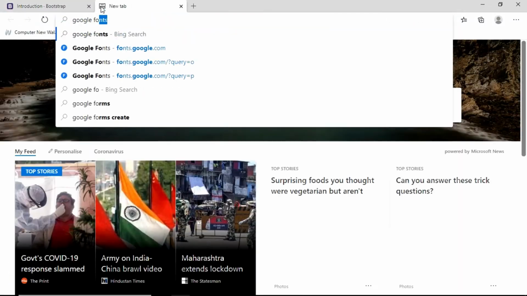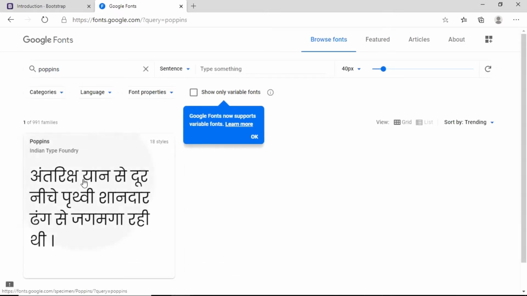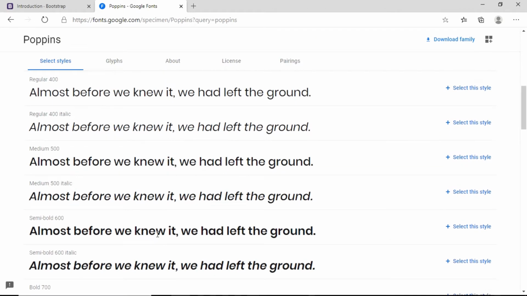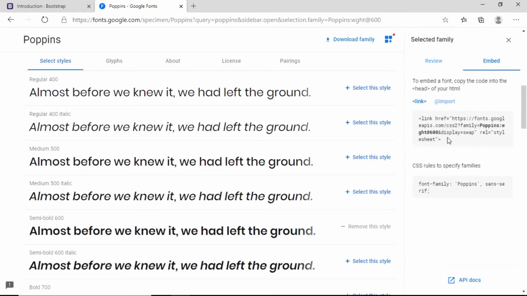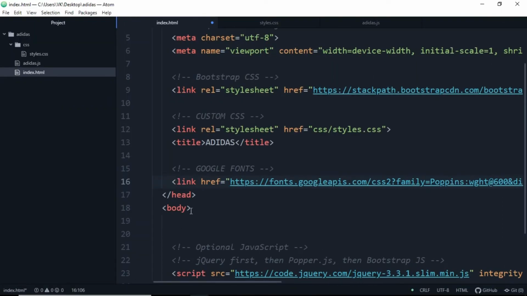Click on the first result and search for Poppins. Select the semi-bold 600 style and copy this embed link from here, paste it here.